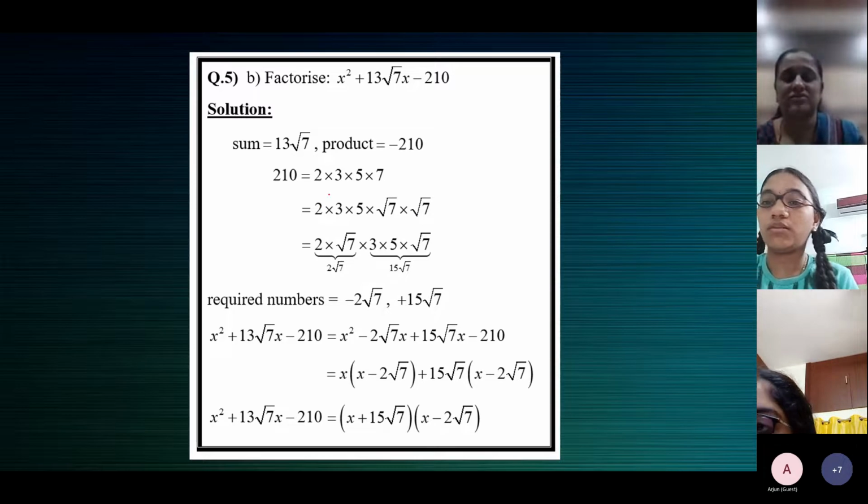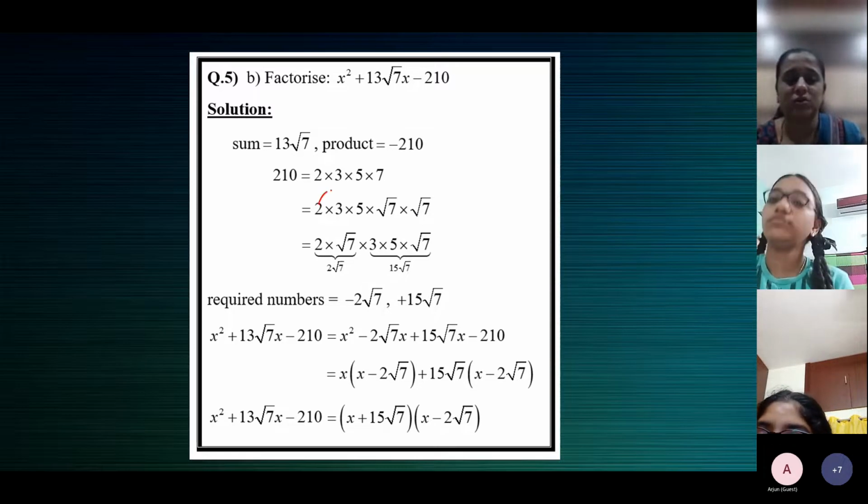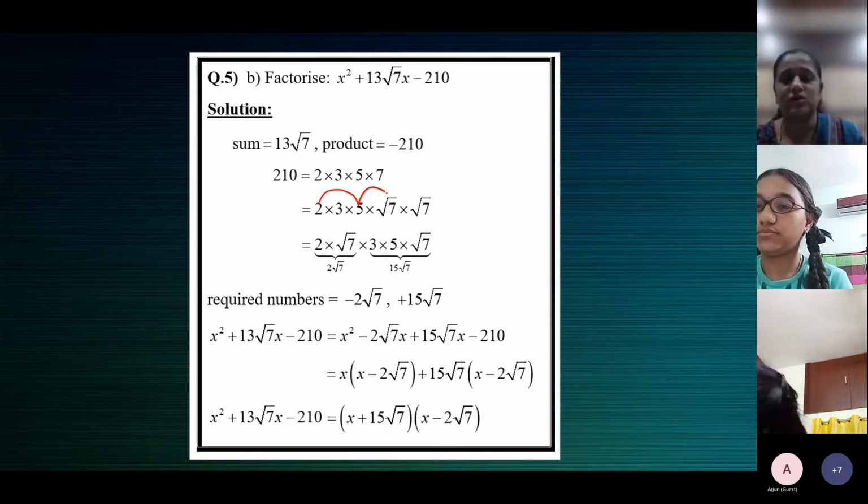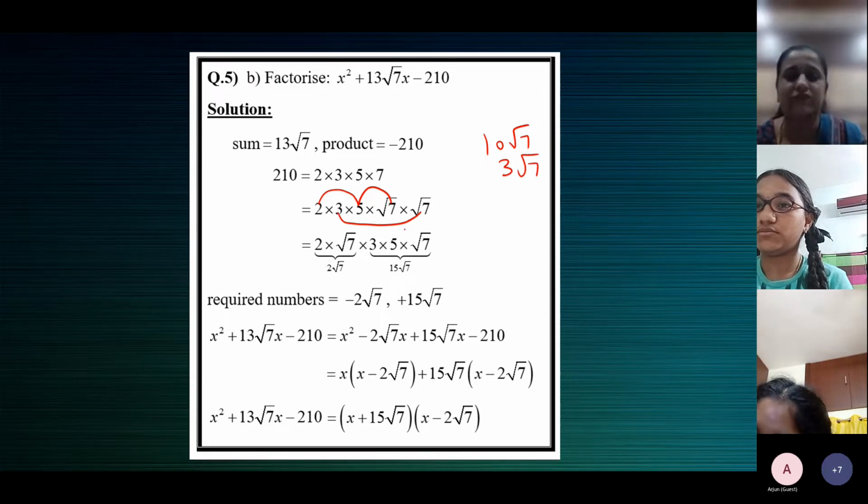Children, good. So now see here, 2 5s are 10. 10 into root 7 is 10 root 7. Can be one number. 3 into root 7, 3 root 7. I told you, you must make use of all the factors of 210. You should not miss out any factor. You must use all the factors of 210 and find the two numbers. So these could be two numbers